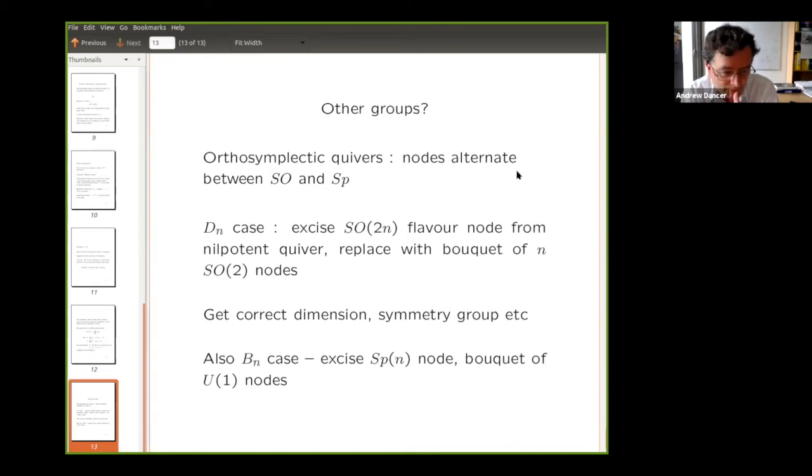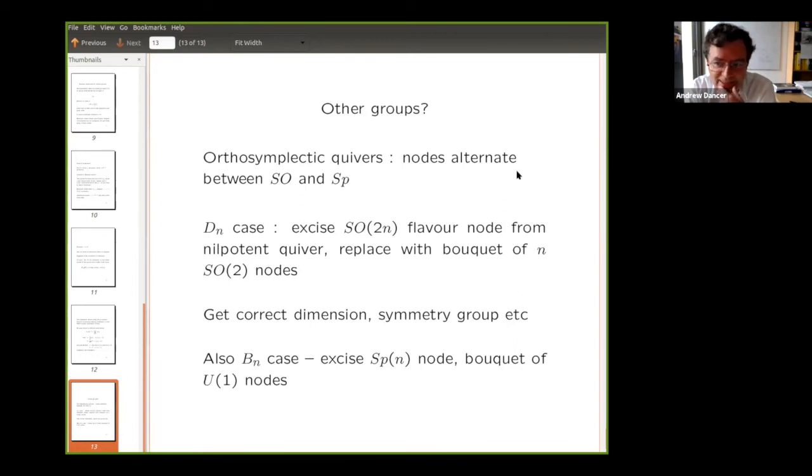A similar game actually works in the BN case. There we start with the quiver diagram for the nilpotent cone of the Langlands dual of the symplectic group. We excise the symplectic node. Then we have the tricky question of how to rebalance the exposed orthogonal node. In fact, it works out that just balancing that by unitary nodes actually works in this case. And again, checks can be made.